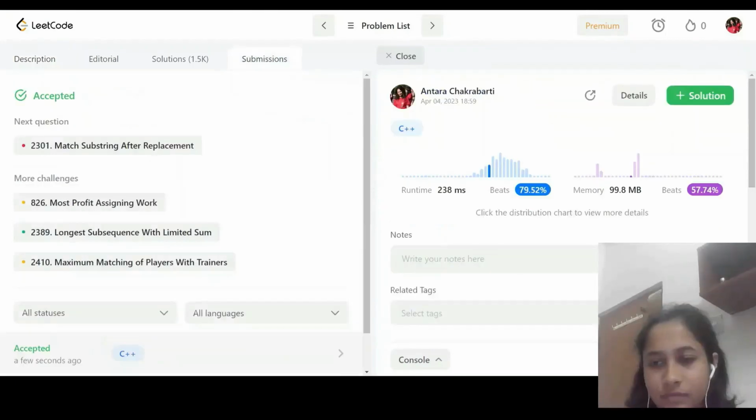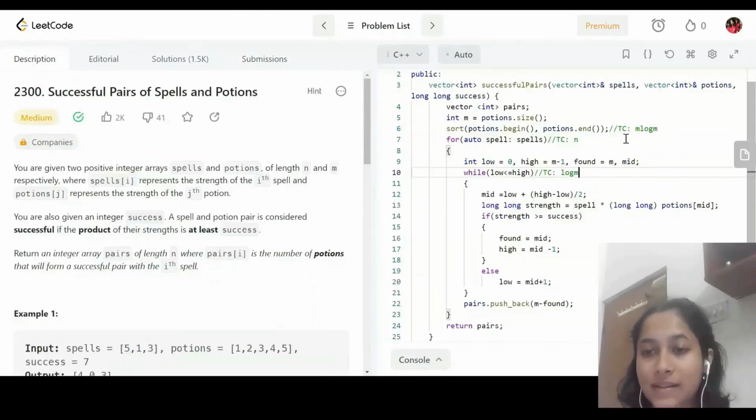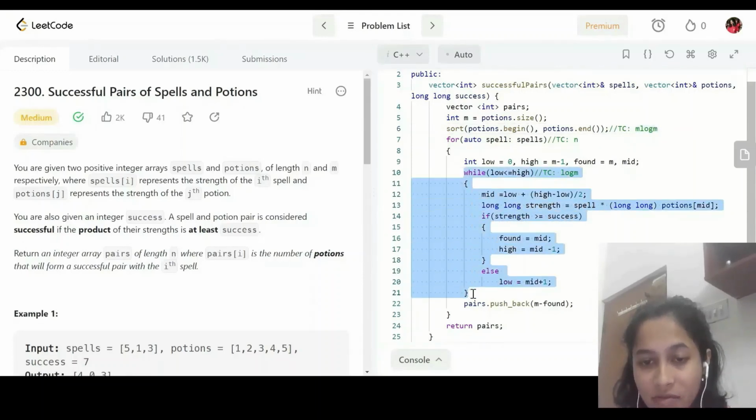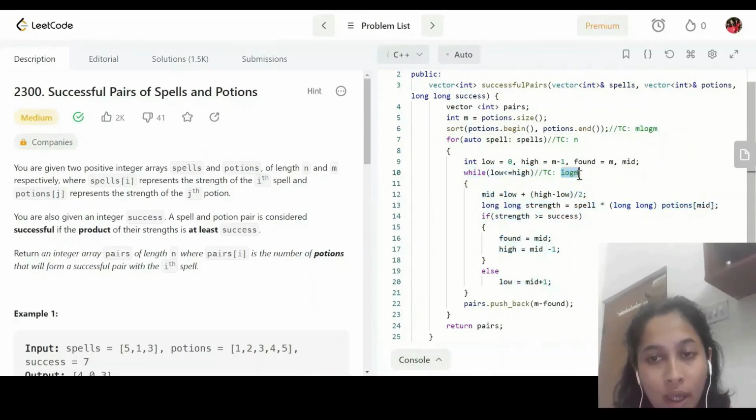Yes, let's submit. The time complexity of this code is to sort the portion. The time complexity will be m log m, and for the binary search which we are doing, it will take log m.